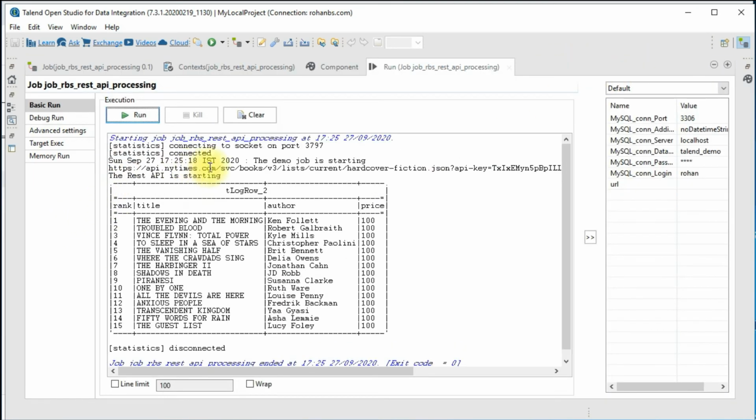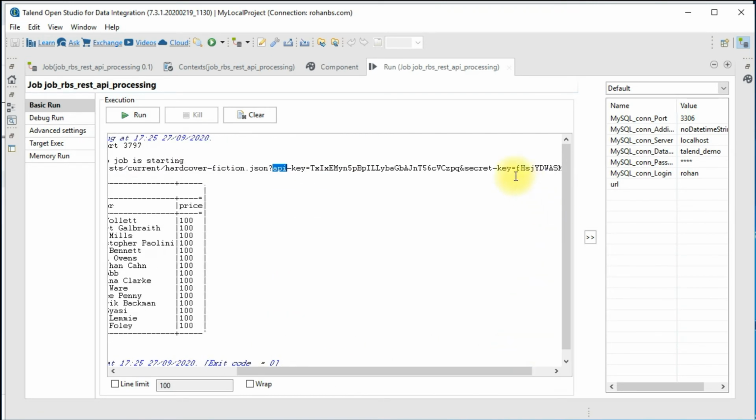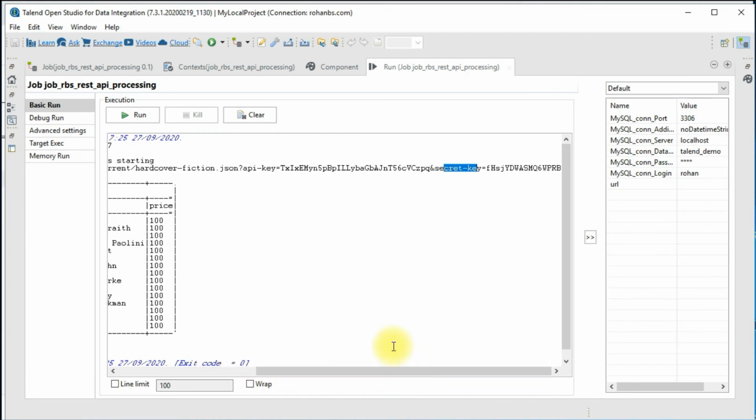All right, so if you see, this is our first statement. This is just printing the start, and this is the actual API along with the API key, and then the secret key. As I mentioned earlier, you may want to pass maybe additional keys or any additional parameters, like how we have sent this.